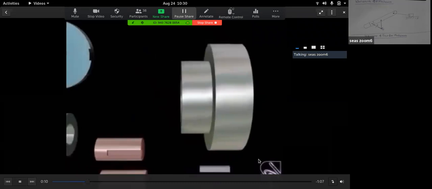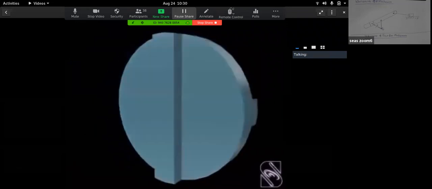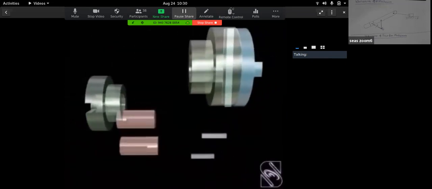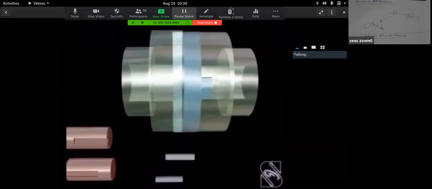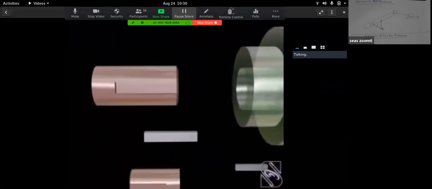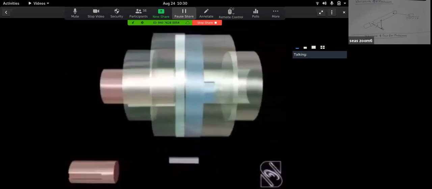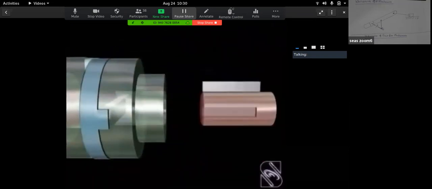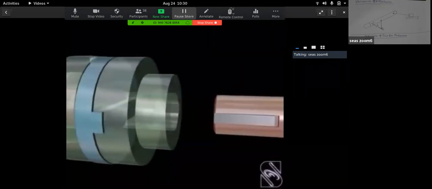So here you can see there are 4 elements actually. Here also you must notice that these two shafts are parallel to each other, not collinear.